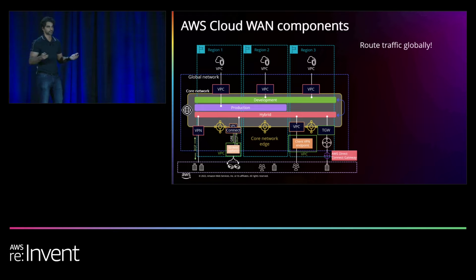Once that's done, all that's left is to route your traffic. So you can route your traffic from a VPC to another VPC. You can route traffic from on-prem through IPsec VPN over Core WAN to SD-WAN remote sites, as well as from on-prem to a VPC. Right? And all of this routing depends on how your route sharing has been configured.